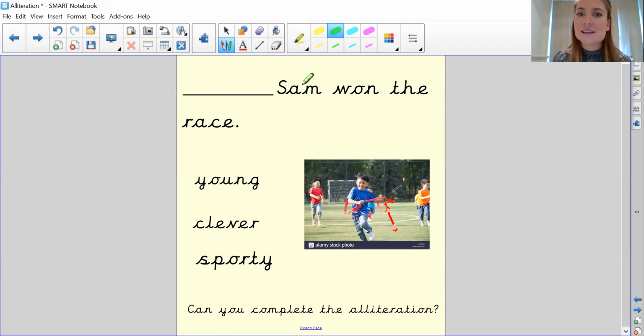It says something Sam won the race. So you could have young, clever or sporty, but which one would I use if I was trying to use alliteration in my sentence? Would I use young, clever or sporty? Can you point to it? Good, fantastic. I'd use sporty. Why would I use sporty if I was wanting to use alliteration?